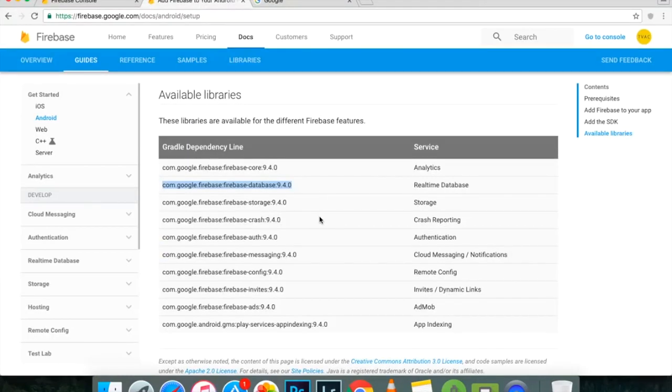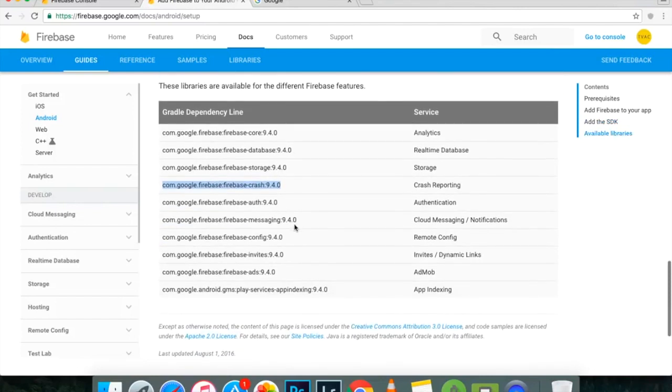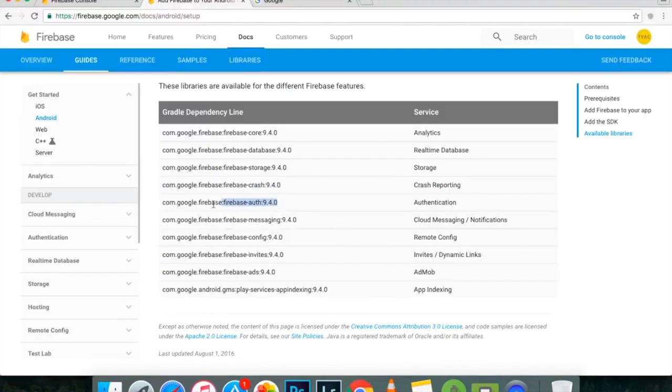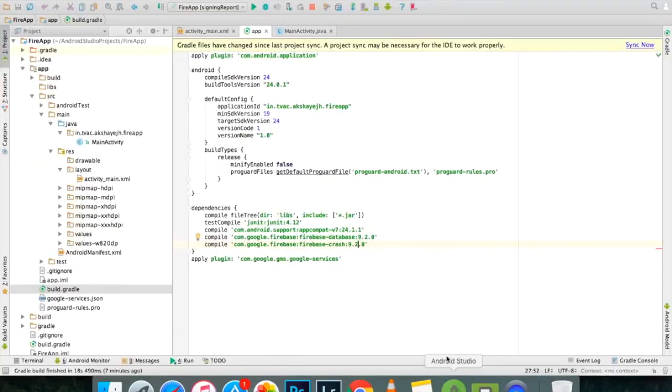So next thing you want to do is add the crash report. This is pretty much for later as well, because crash reports are logged by the users that are using the app, but you can use it for test purposes too, because probably you'll be sending the app to many people to test it, and the crash report will help you a lot. Next thing is the Auth, and this is where you will store the users. So these three things we will be needing to get started